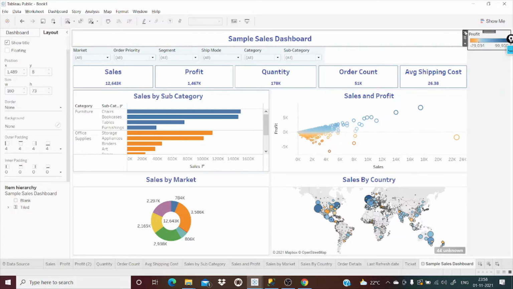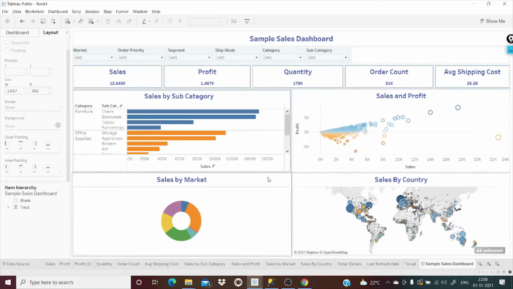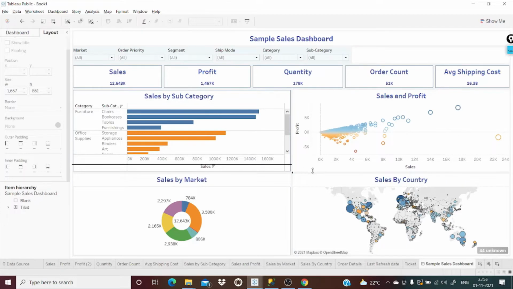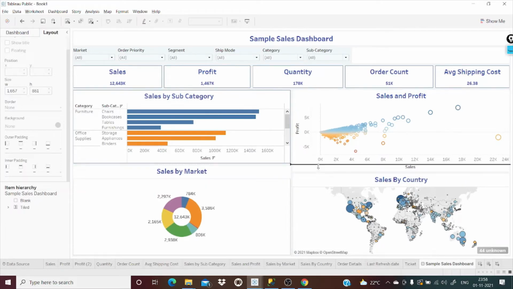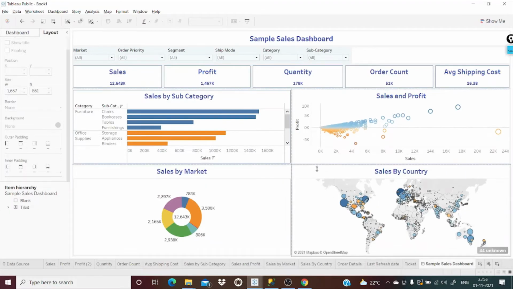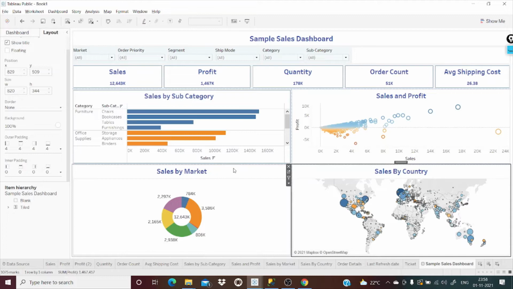Same thing with this. If you want, you can rearrange the sizes. If you want, you can right click and then hide indicator. You're done.